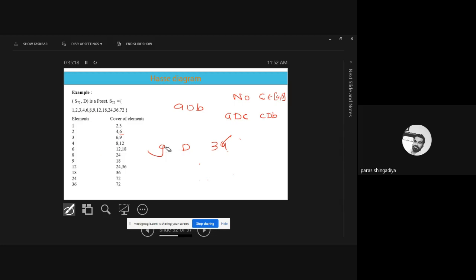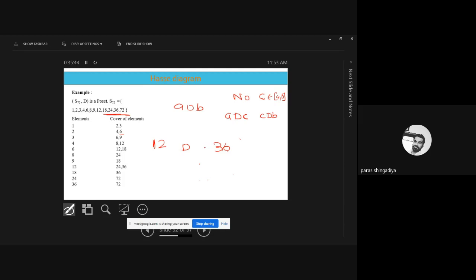And now the next number is 12. Okay. 12 की pair बनानी है with these 4 remaining numbers. So 12 with 18, that is not true. Okay. Because 18 को आप 12 से divide नहीं कर सकते. Next number is 24. So 12 divides 24, that is correct. And that is a cover element clearly. And then after that, 12 divides 36.